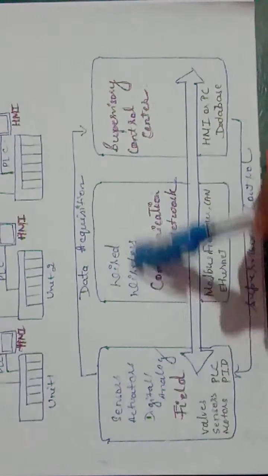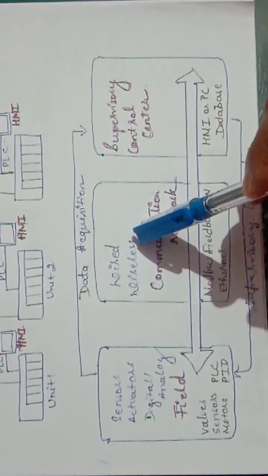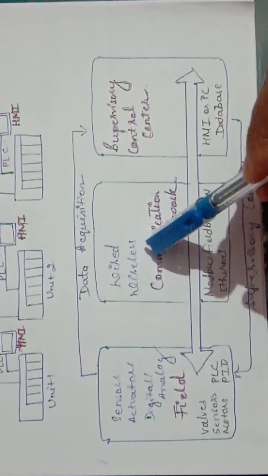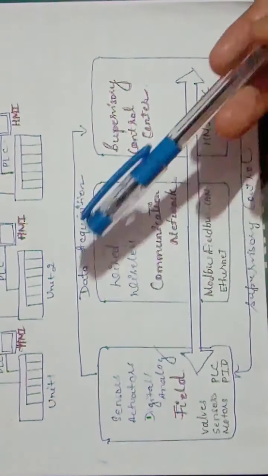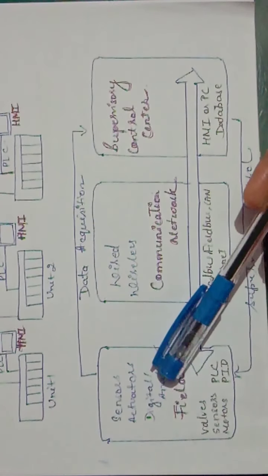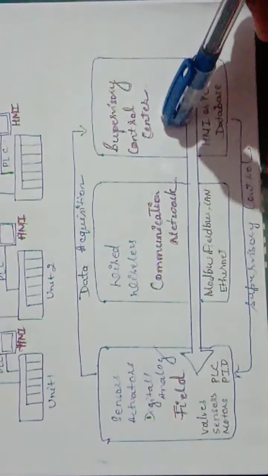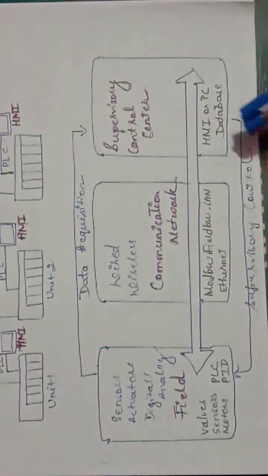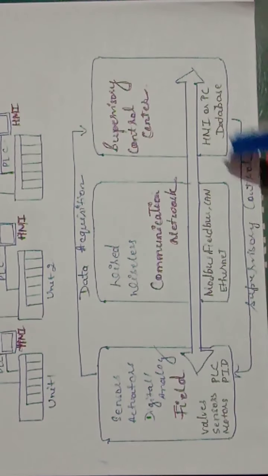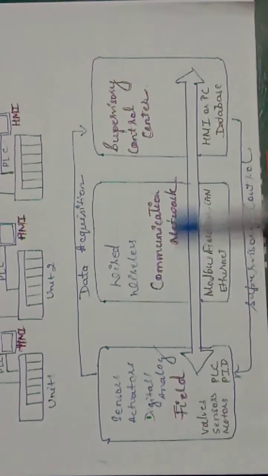The data might be related to your network, such as when the network became heavy or had more traffic. Or it can be related to your sensor, such as what the sensor's reading was when an actuator got activated. Or it can also be regarding your human machine interface, when some human gave a command or anything. So every kind of data will be acquired and controlled in your SCADA system.